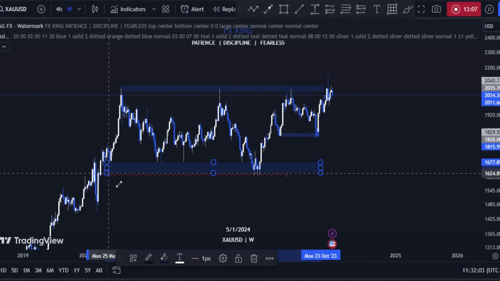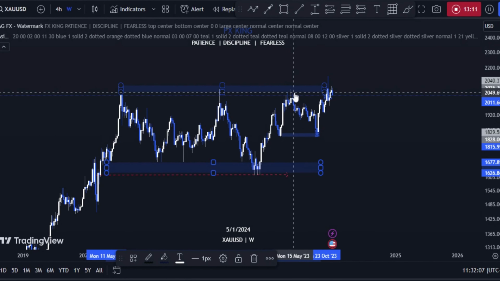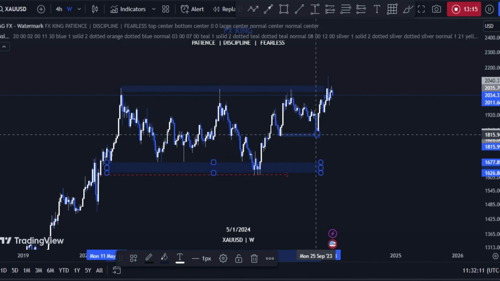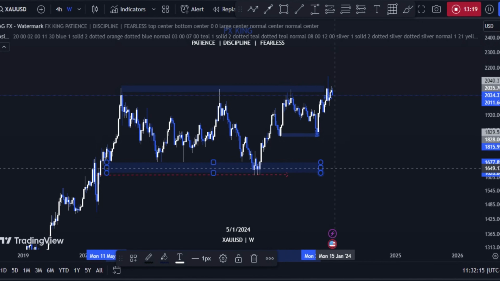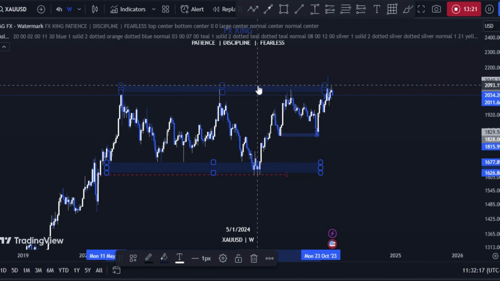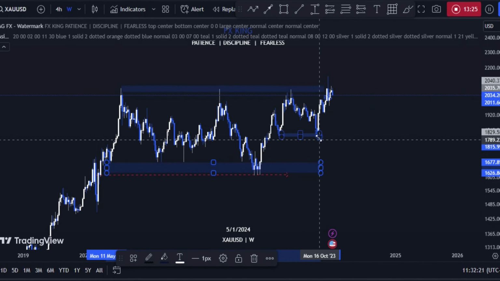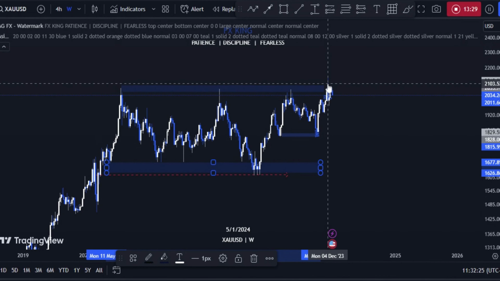And when it came down to this support zone, people bought. So now it came up here and people sold, right? People sold massively. And many people that sold were aiming for this zone here. This is where their profit targets were, and their stop losses were just above this zone. So what happened is, after price pushed down here, price intentionally came above this zone,